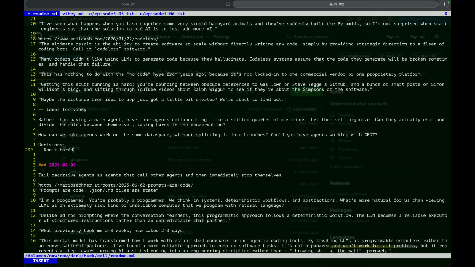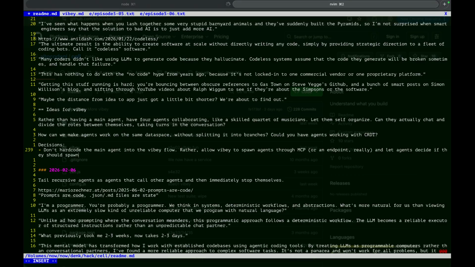Don't hard code the main agent into the VIBEY flow. Rather, allow VIBEY to spawn agents through MCP or an endpoint, really, and let agents decide if they should spawn agents.